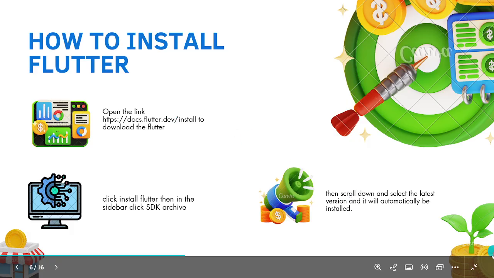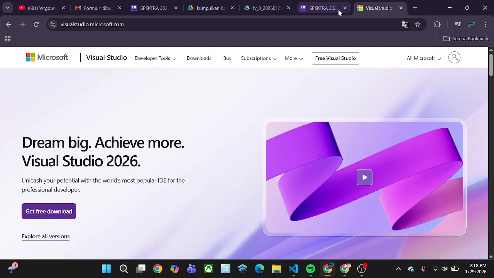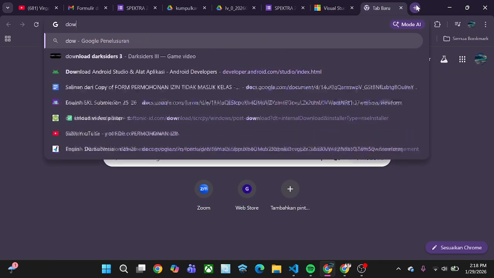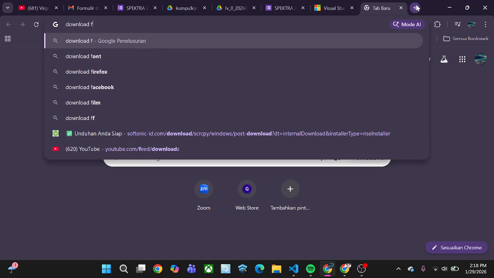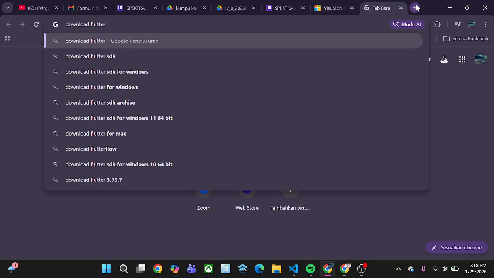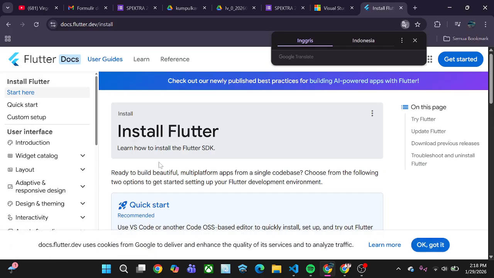Okay, let's go. I want to do a tutorial with you on downloading Flutter. So this is downloading the Flutter SDK. So this is install Flutter.